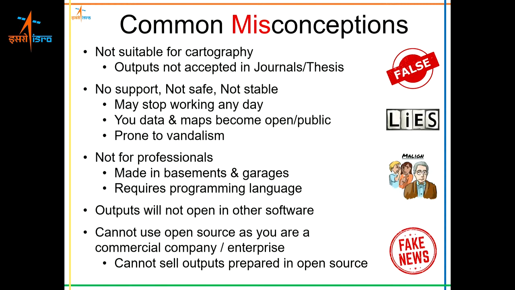If you are into industry, or if you are a big, large user, for example, Survey of India is doing a national hydrology project where they have the entire basin at 0.5 meter resolution, amounting to billions of points. That kind of data, if you have, okay, fine, you can go for open source software. You are a starting user, you want to show students what is raster vector, make some maps, do some analysis. Open source is good enough. You don't need to invest a lot of money into that.